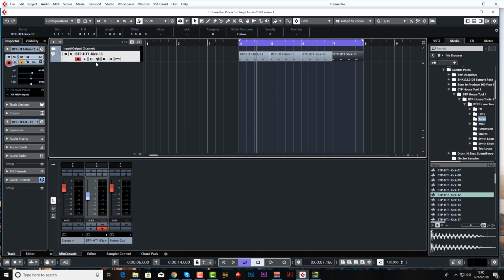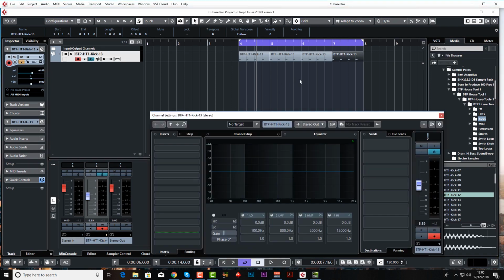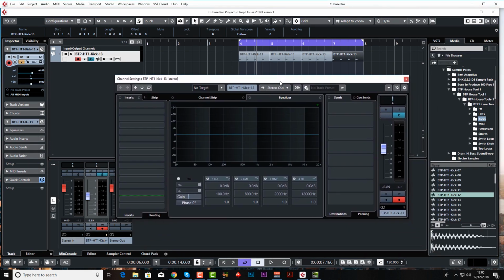So I'm just going to have a little look at the EQ here. I want to try and layer this kick up with something, because it's a little bit boring at the moment. It doesn't have that much impact. So the first thing I'm going to do is just EQ off the top end. So I'm going to come to high cut and just click and drag,